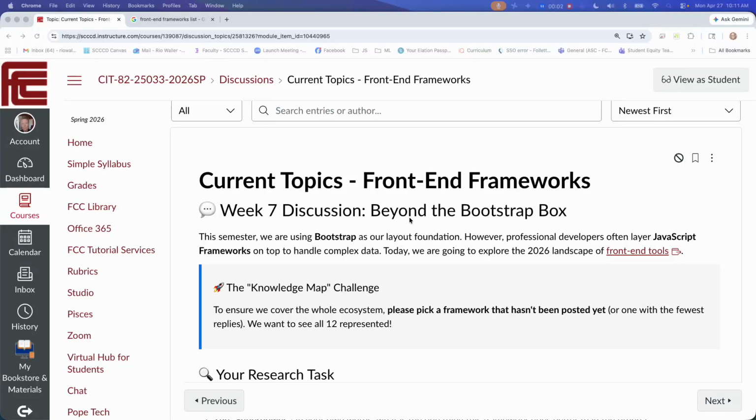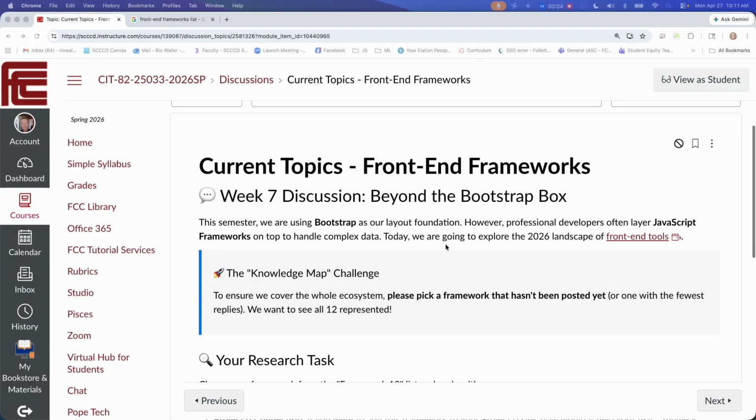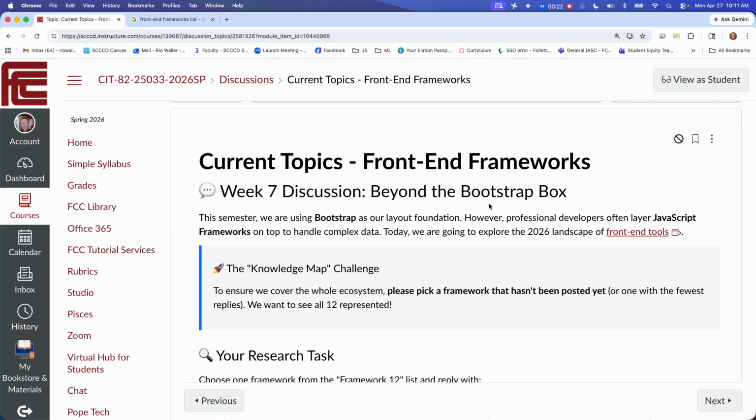Okay, so to round out our Monday, week 7, let's have a discussion about beyond Bootstrap, because Bootstrap is great. It is bloated, meaning it's a lot of overhead for what we get, but we get a lot, so it's always a balance. But this is just the tip of the iceberg as far as frameworks go. There are many out there.